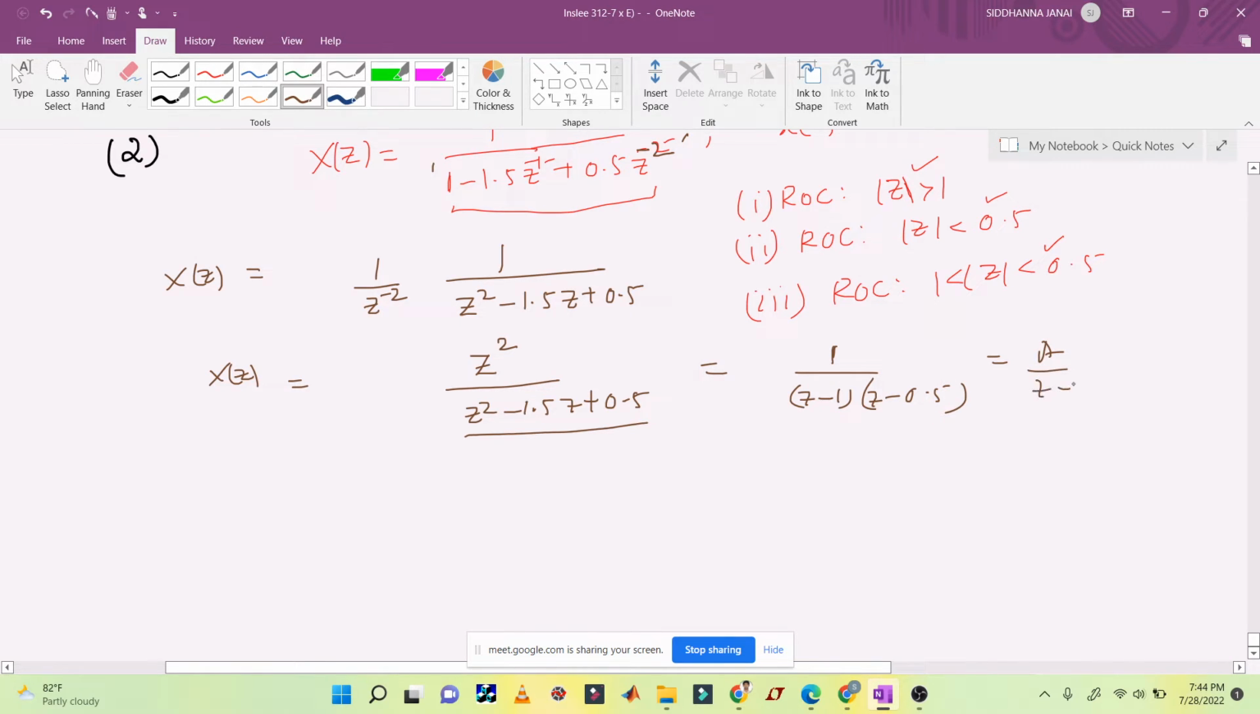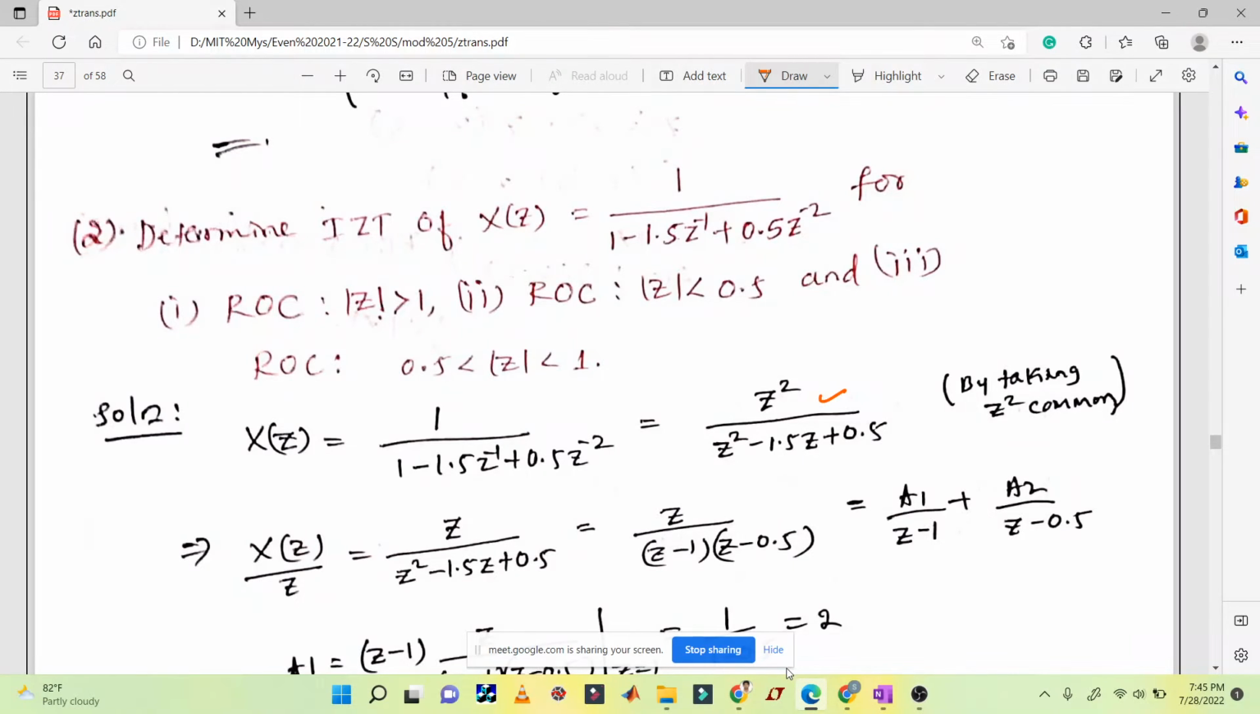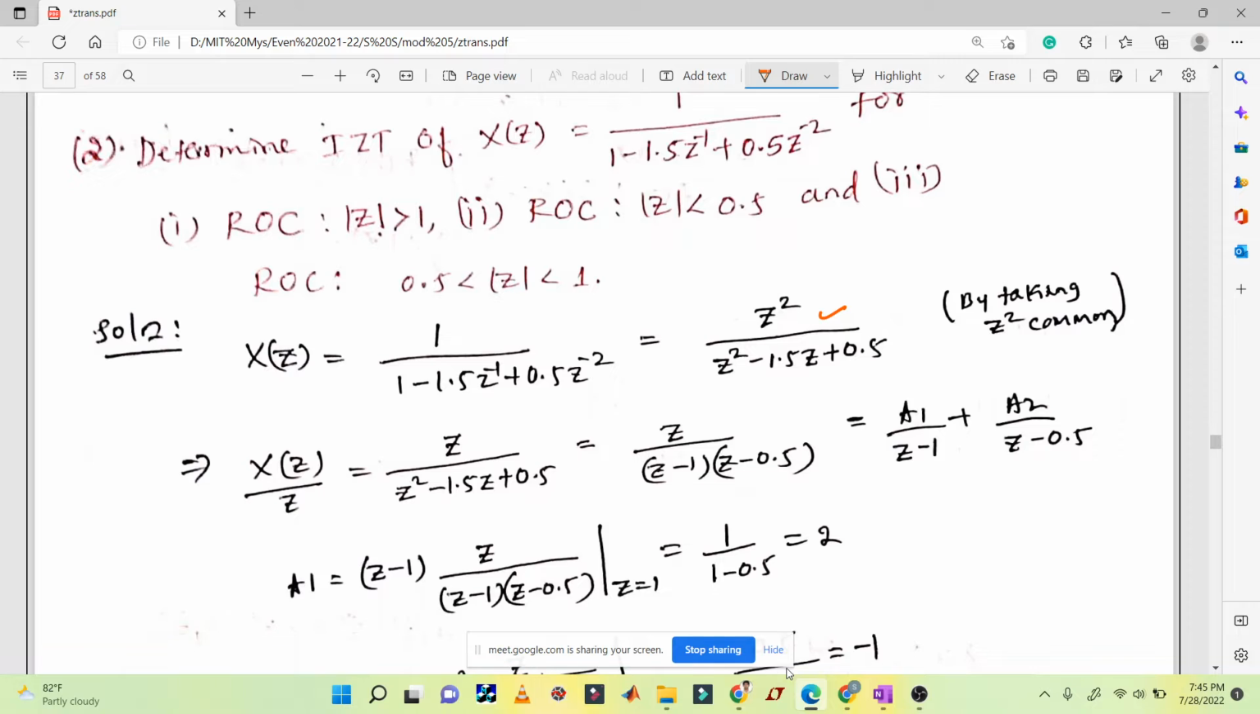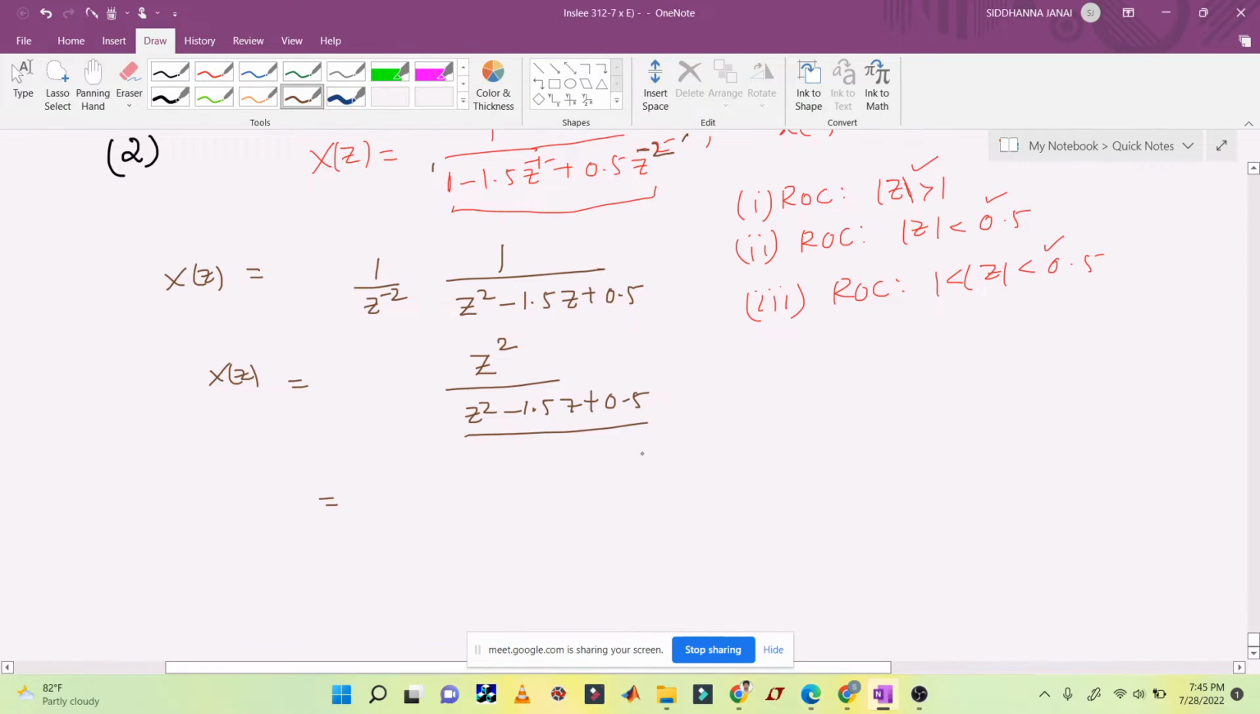a divided by z minus 1 plus b divided by z minus 0.5, apply partial fractions and individual components of the sequence you can find out, separate out the sequence. That's why we need to first find out the roots. So what are the roots you get? So I will directly write, you calculate it through the calc. So the roots you are going to get is